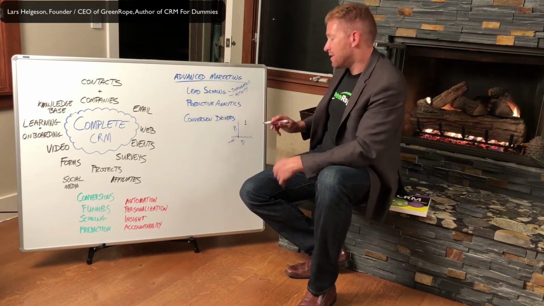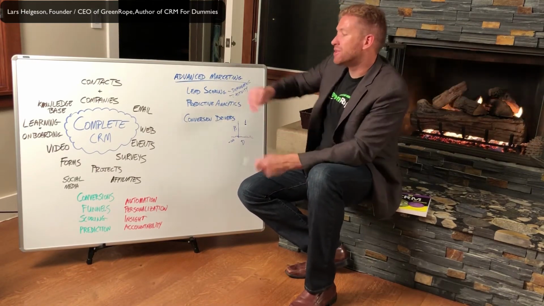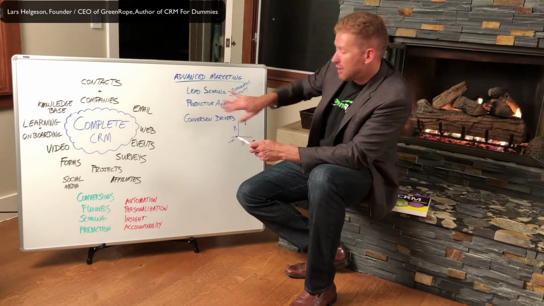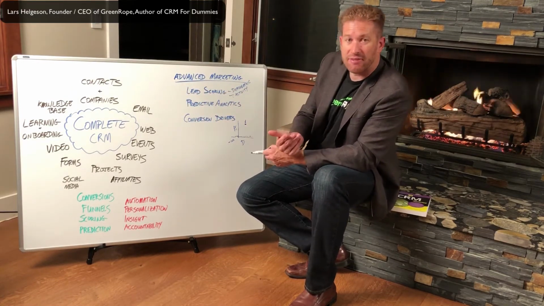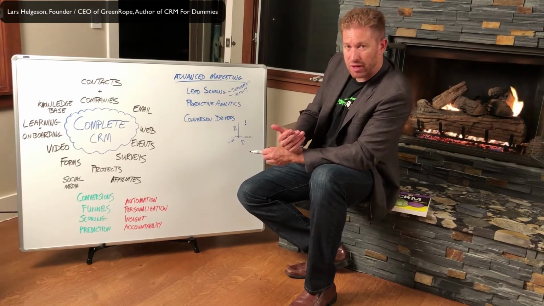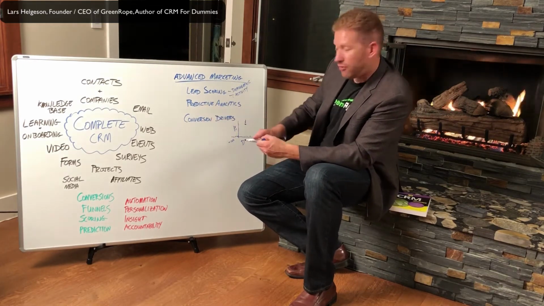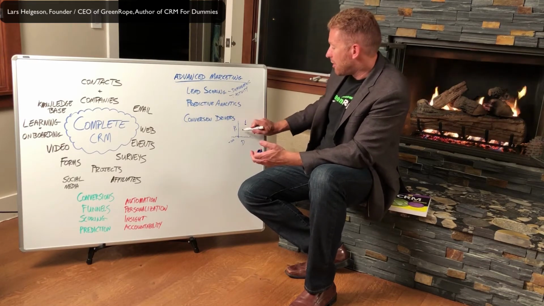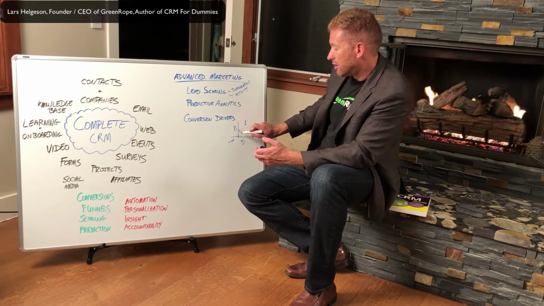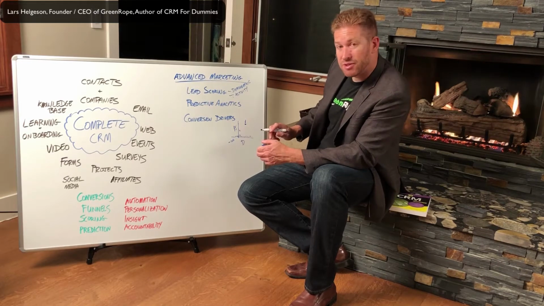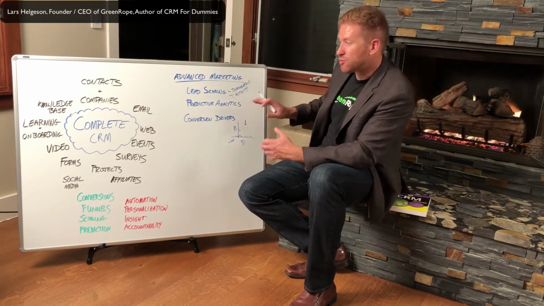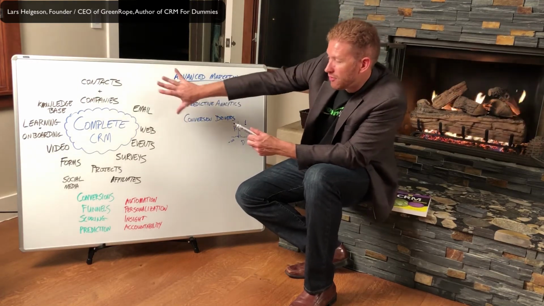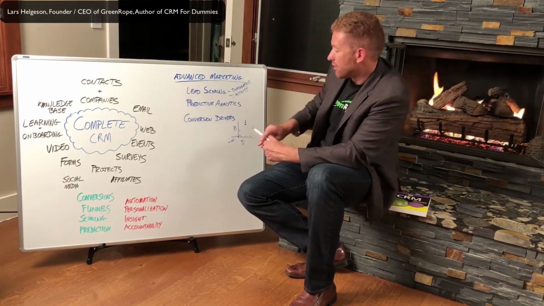This is how we're able to leverage this technology to help our sales and marketing team act more efficiently. If a salesperson has, say, half an hour to make follow-up calls and try to convert people, they're going to want to follow up with these people out here. And if they don't have the whole picture, they may be calling someone that's really down here, someone that's really not that interested, but they've only got part of the picture. That's why we want to focus on the value of complete CRM and getting all of these different interactions tracked within our CRM.